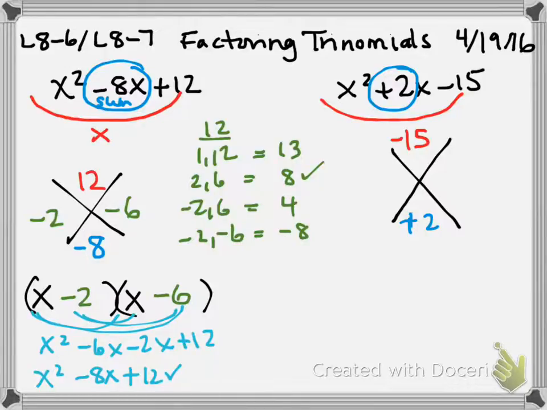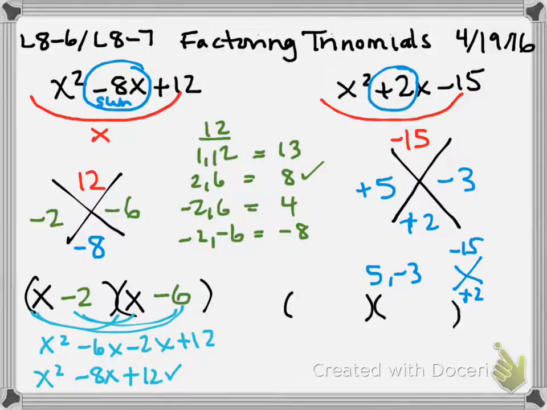Bryce, what do you think? So he says 5 and negative 3. Let's see. Yep, they do multiply to give me negative 15, and they do add to give me positive 2. So I just write here positive 5, negative 3. So when I do my 2 factors, x is going to be in front because this is what dictates what goes in front. And then I'm going to get a plus 5